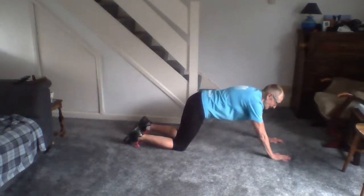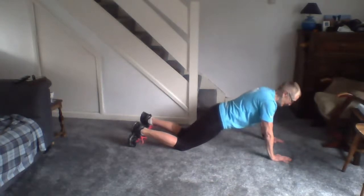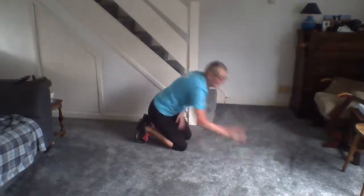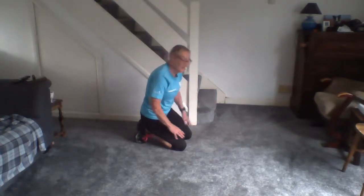Right, so hands under your shoulders. Take a small step forward. Move your body forward so that your hands are under your shoulders again. Don't have them too near together because that makes it very, very difficult. And then we're going to go 1. We'll have a rest after 5. 2, 3, 4, 5. When you're doing that, don't dip your head towards the floor, because the object of the exercise is not to get your nose on the floor,